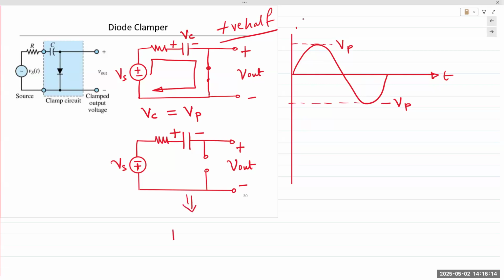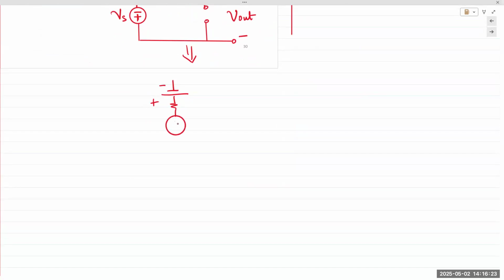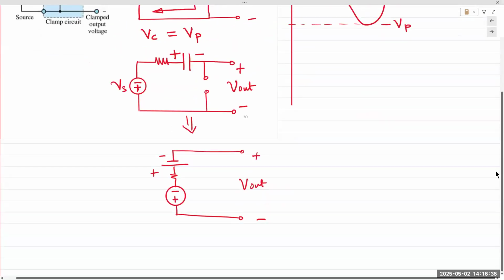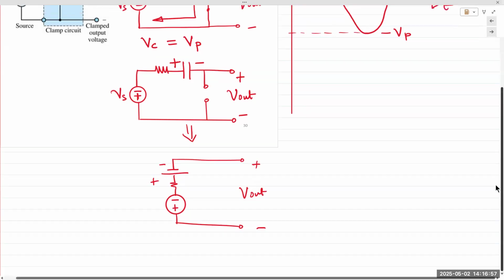This appears as a battery in series with the voltage source, minus and plus. And this is where we are taking our output. Obviously, because it's in the negative half cycle, the polarities are flipped first, but that's how it looks, right? You're taking V out at this point, which is here. It's capacitor minus plus in series with your Vs, the input signal. It appears as if your input signal added on top of this. Two power supplies in series. And so for every single point in time,